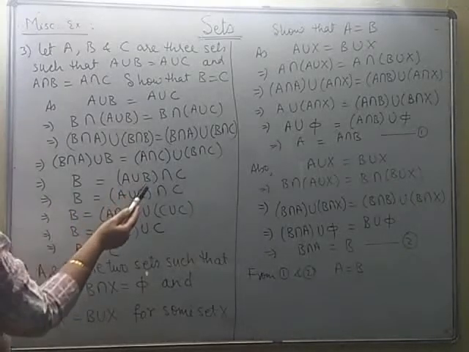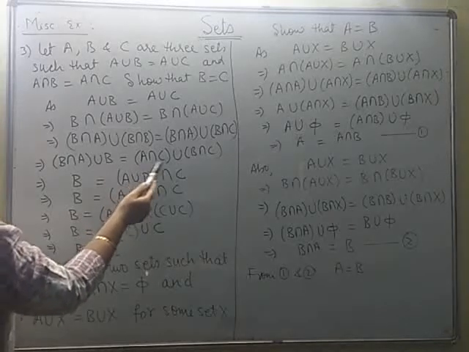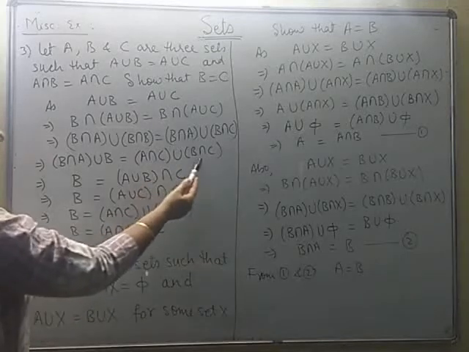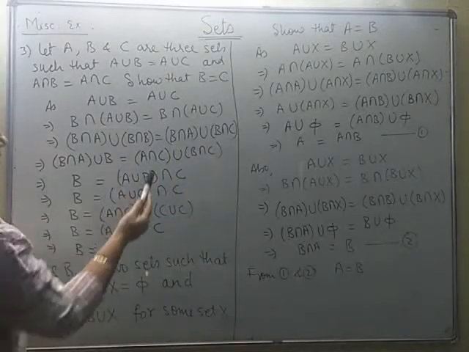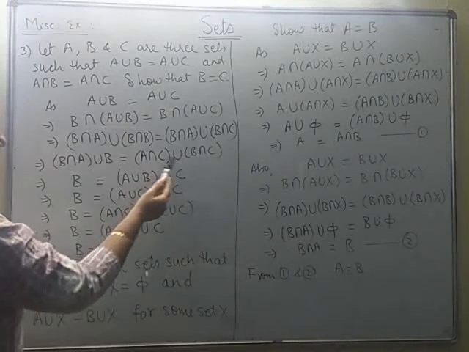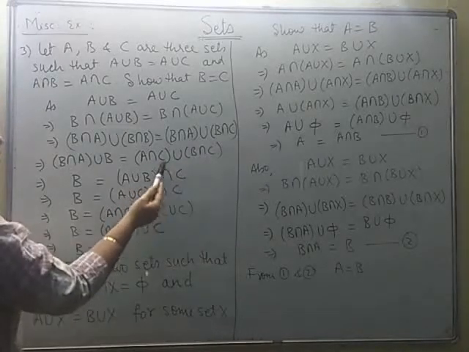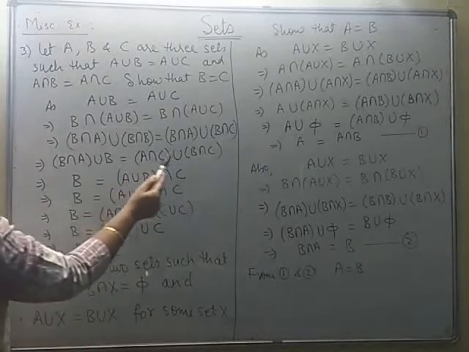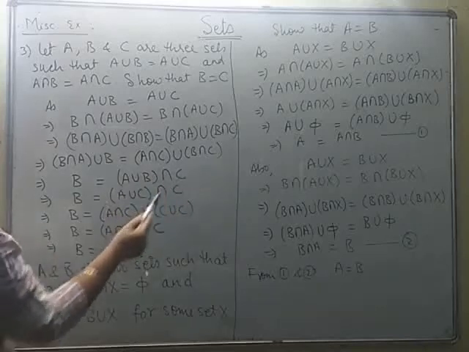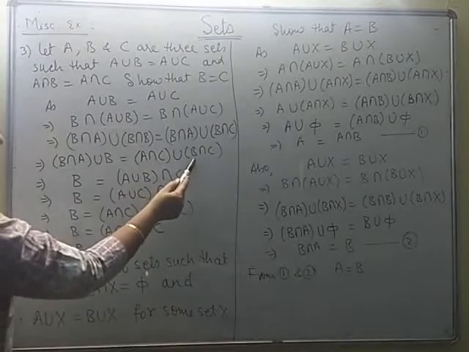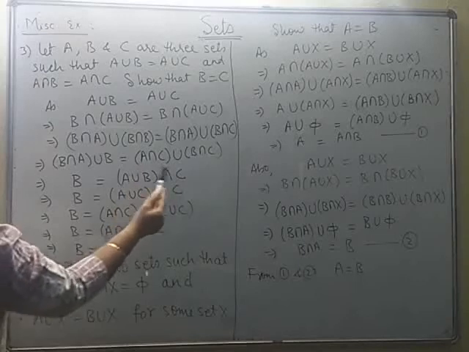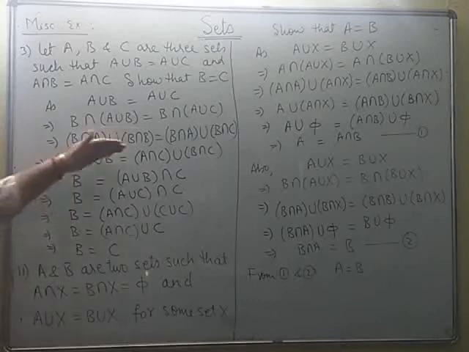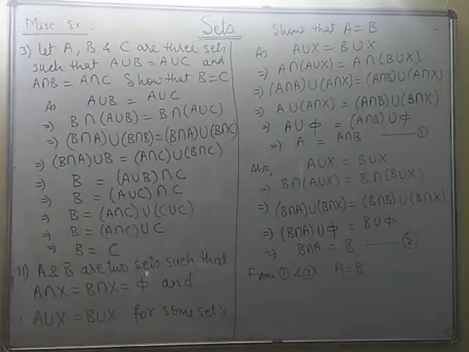On the right hand side, you can see I have again used the distributive law in reverse order. Already here intersection is distributed over union. So see both A and B, you are taking their intersection with C. So in a way, in simple terms, I have taken intersection with C common. So it is A union B intersection C. When you expand it, you will get the previous step: A intersection C and then union B intersection C. So the distributive law in reverse order we have applied here.